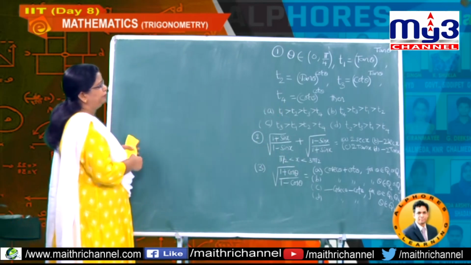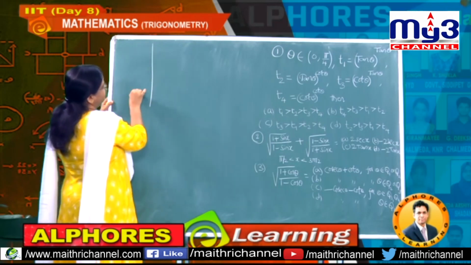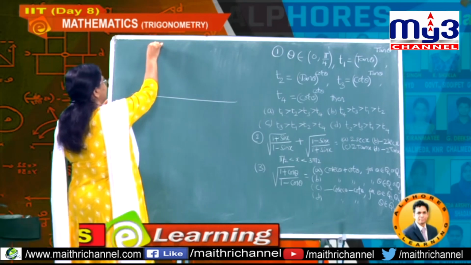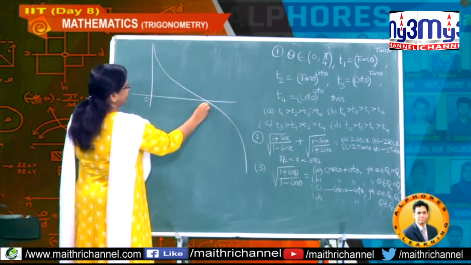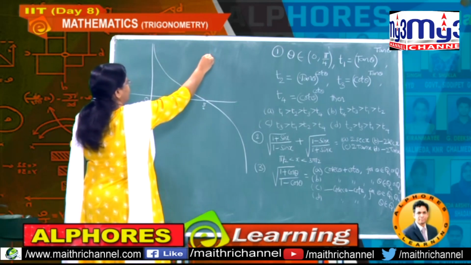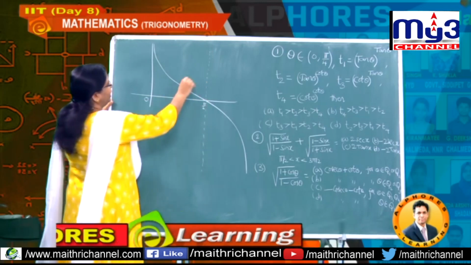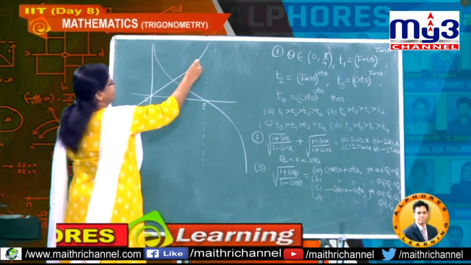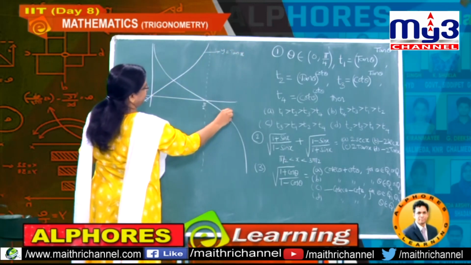Okay students, now we have to observe 0 to pi by 4. Let us have a glance at the graphs of tan and cot. This is the origin, and this is our cot graph. It is going like this, and this one is pi by 2. Now the tan graph: at exactly 90 degrees you have a vertical line for the tan graph, and then the tan graph goes in this way. So this is our y equal to tan x graph, and this one is y equal to cot x graph.